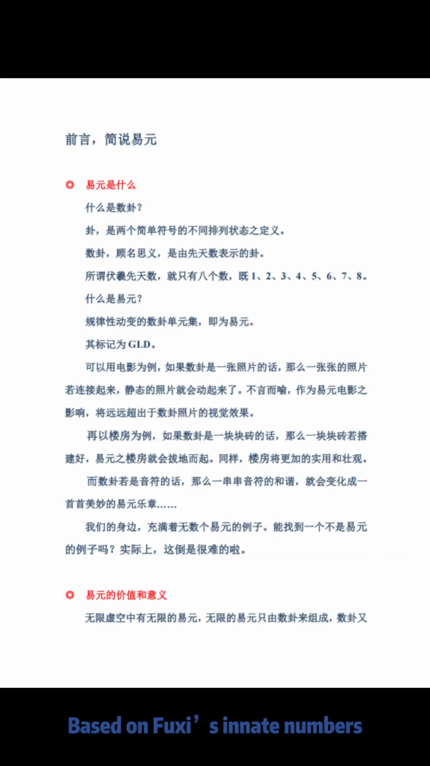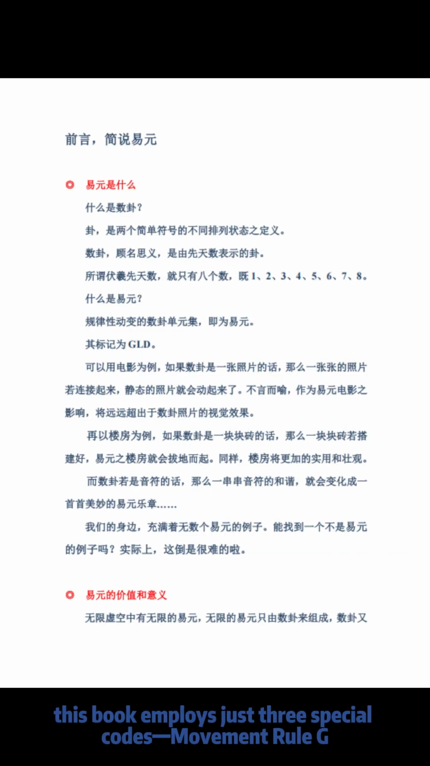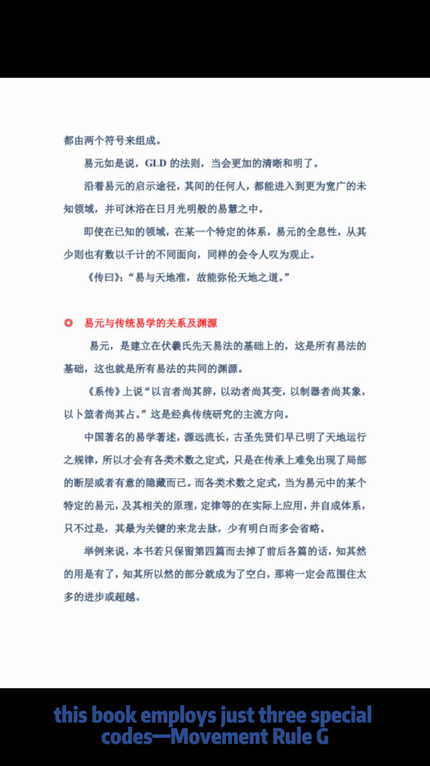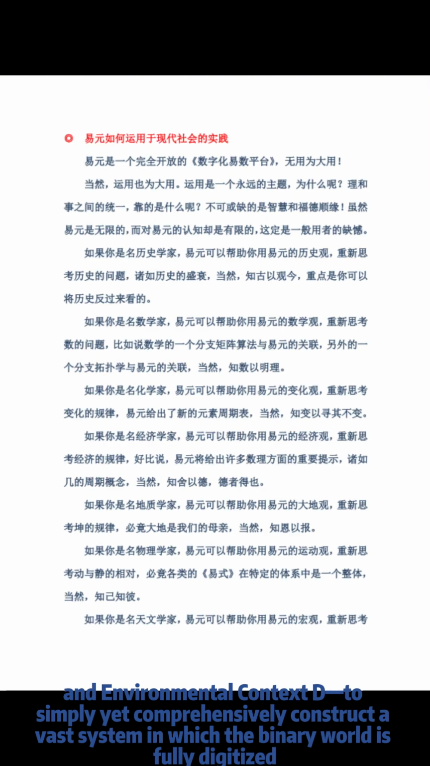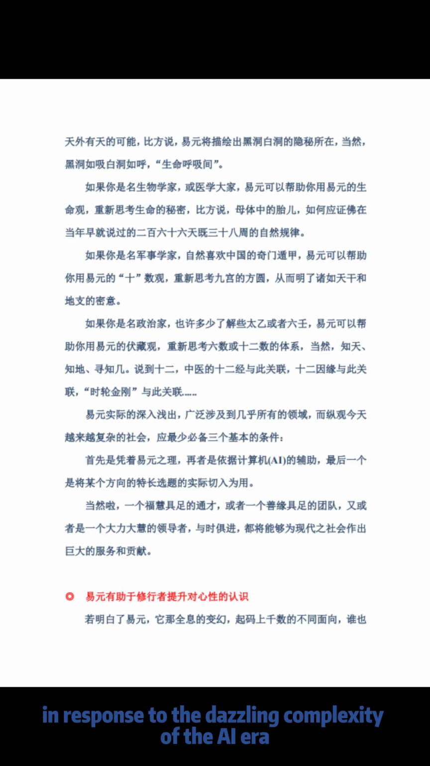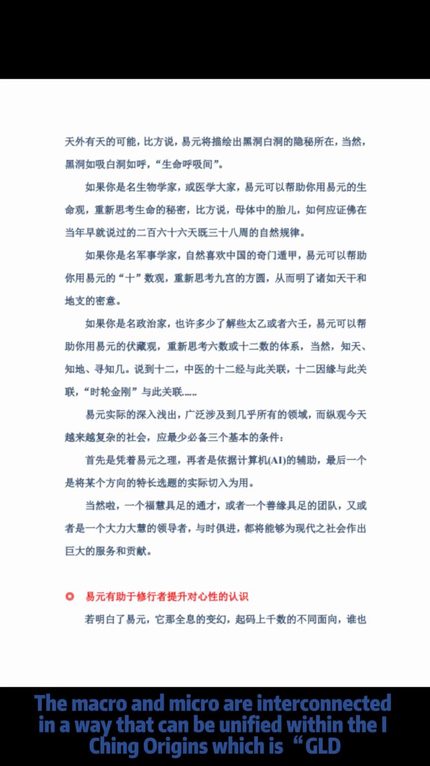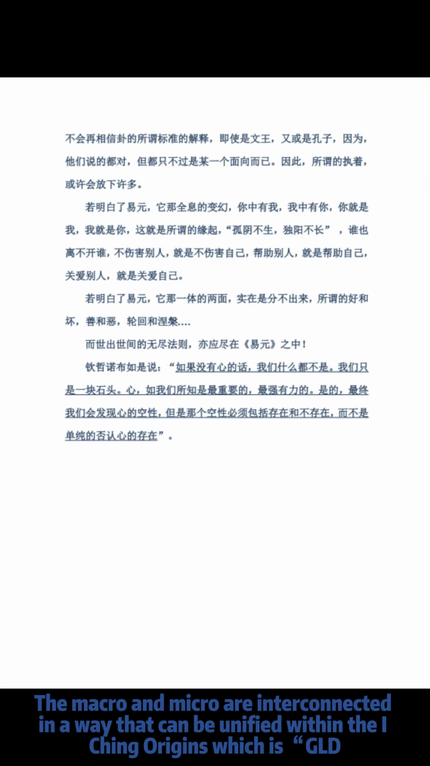Based on Fushi's innate numbers, this book employs just 3 special codes: movement rule G, numerical Ga L, and environmental context D, to simply yet comprehensively construct a vast system in which the binary world is fully digitized, in response to the dazzling complexity of the AI era. The macro and micro are interconnected in a way that can be unified within the I Ching origins,